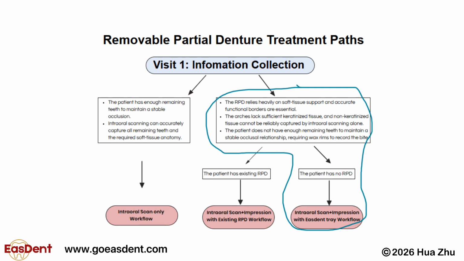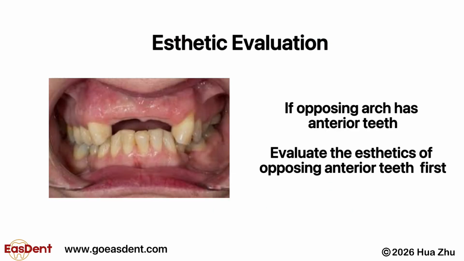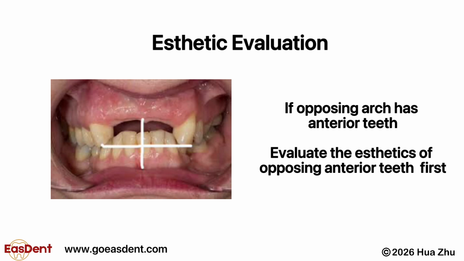tray workflow can help. If the opposing arch has anterior teeth, first evaluate the aesthetics of those existing teeth. You can use the opposing dentition as a reference for the lab when setting up teeth for the new RPD. Clearly communicate your preference to the lab regarding the midline, incisal edge position, occlusal plane in relation to the opposing